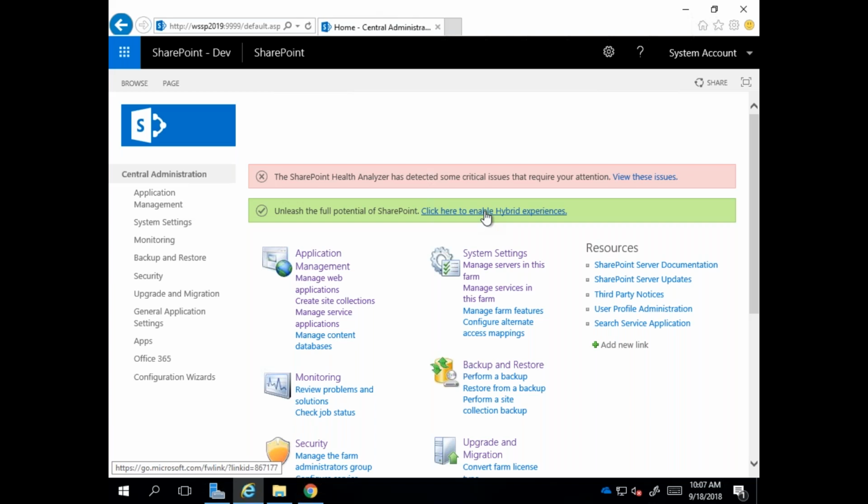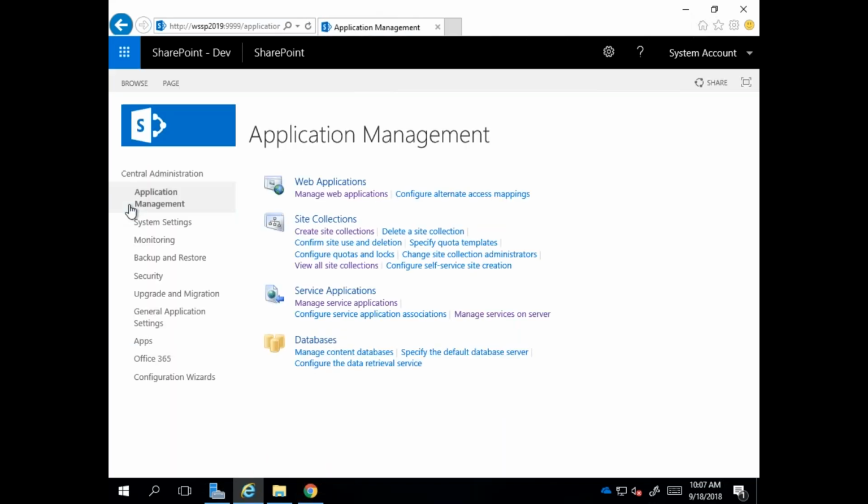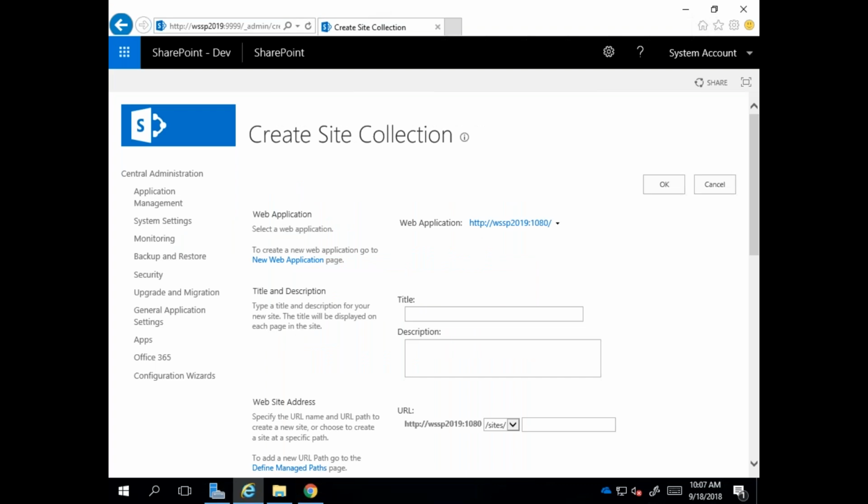So let's go ahead and take a look at application management. It's pretty much the same thing. You get to do exactly the same kind of options and features that you had and which you have used in the past. One of the differences might be when you are creating a site collection over here,